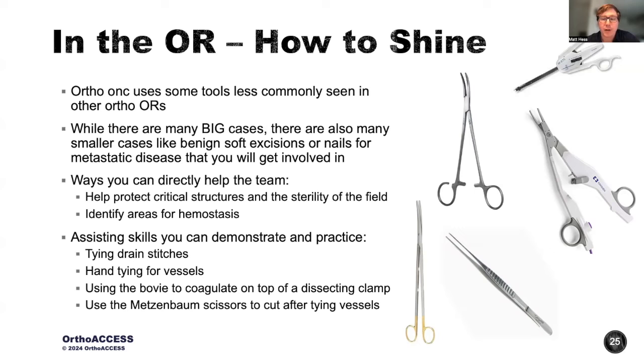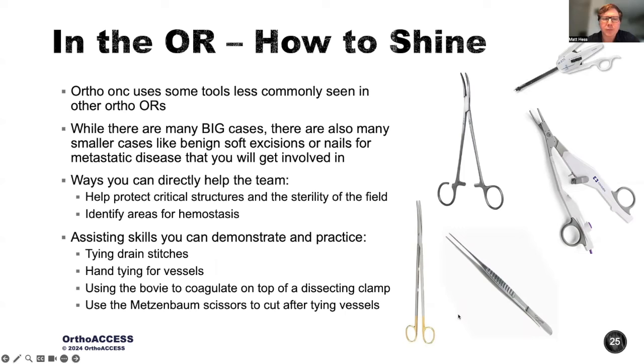Sometimes you'll have to learn the different instruments that are used, as in orthopedic oncology, we occasionally use instruments that are a little bit different from the rest of your orthopedic rotations. For example, we'll use vessel clips, as you can see up here in the top right, or a ligature on the far right. This is an example of a typical dissecting tool, Metzenbaum scissors, and a DeBakey for obtaining meticulous